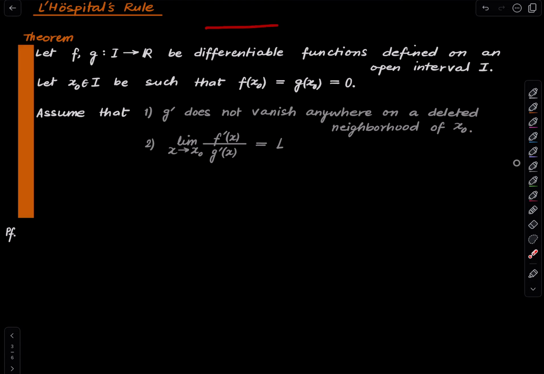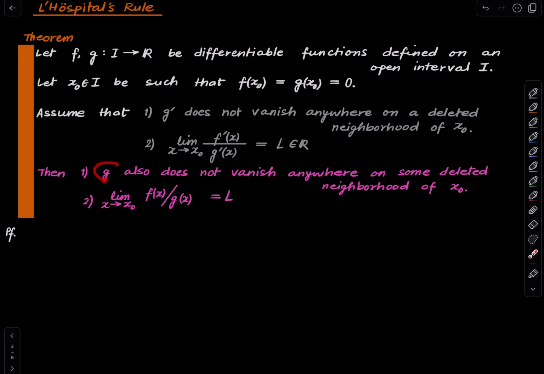So this is the point x naught, this entire thing is the interval I. We are assuming that there is some deleted neighborhood of x naught where the derivative of g does not vanish. It may vanish far away from x naught, but in a neighborhood it does not. And assume that this limit exists and is equal to a real number L. So this L is a real number. With that in hand, one can say